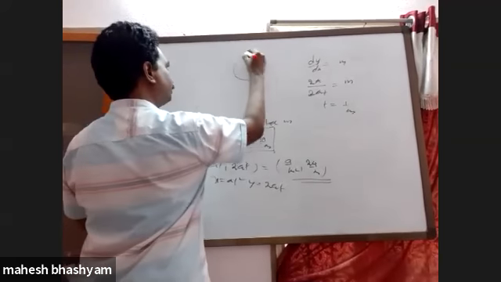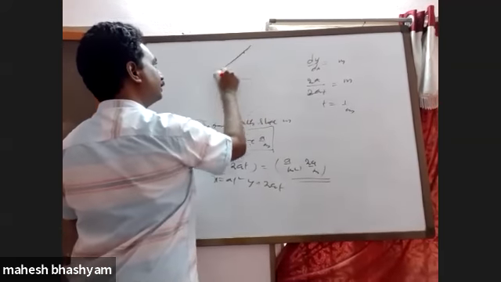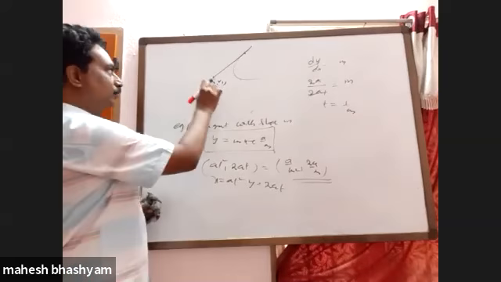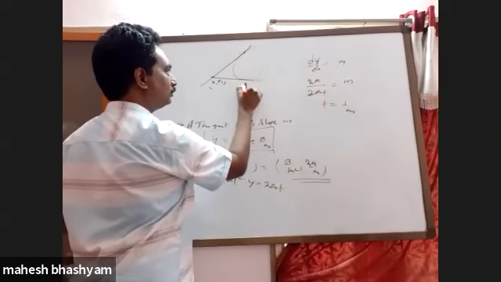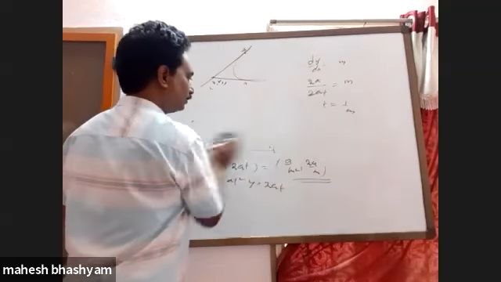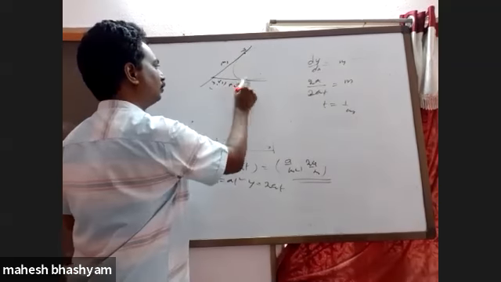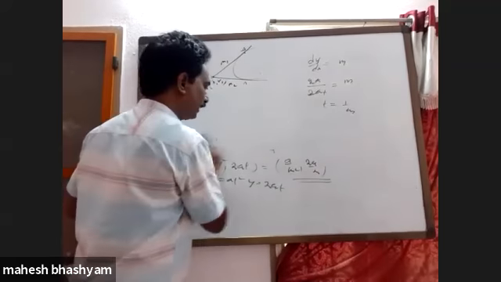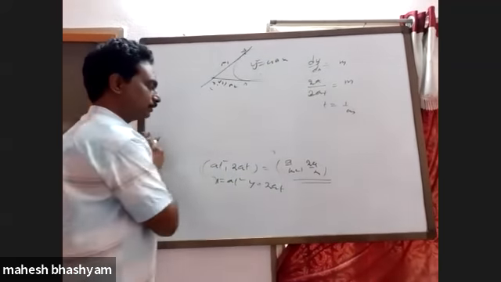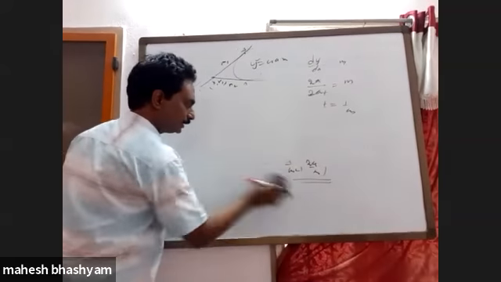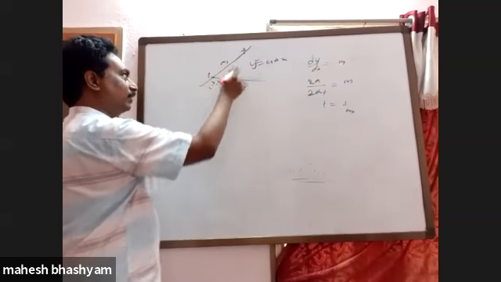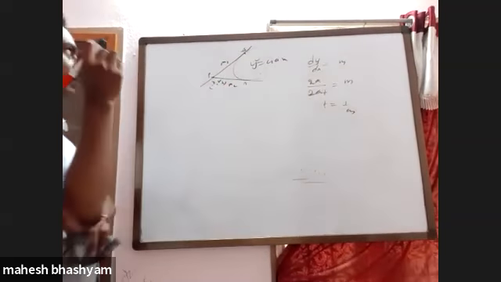A tangent is drawn to a parabola at any point. If it is passing through a point x1 comma y1 outside, two tangents are possible. Tangent slopes are m1 and m2. How to write down the equations of the tangents? For the case of the standard parabola y square equal to 4ax, the point of intersection of tangents is x1 y1, which means two tangents are possible from an external point.